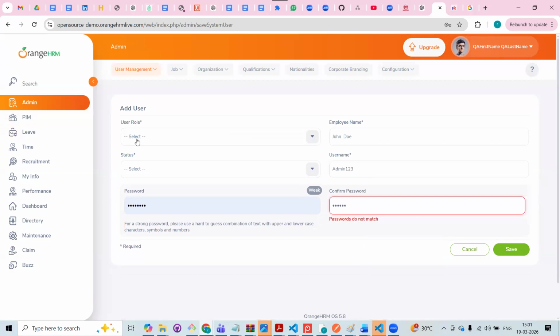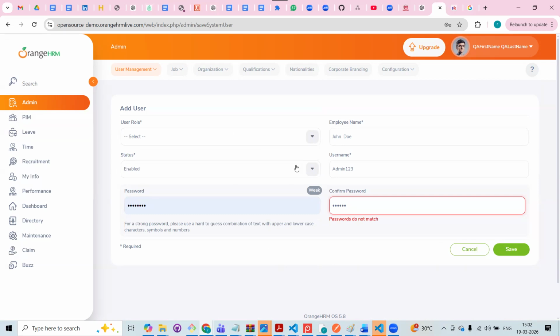And then this dropdown, we have not covered, but I just want you to explore that part. So click on this and select either admin or ESS. Similarly, click on this, select enabled, for example, and click on save. The moment you click on save, there is a toast message that will come, like saved successfully. I want you to verify the toast message if possible. Otherwise, do this, add user. Got it? And what is the approach that you're going to follow here?